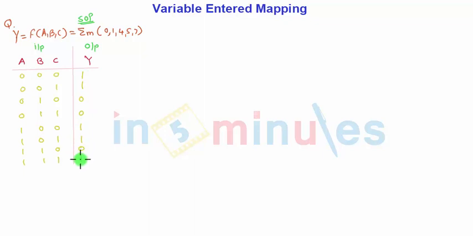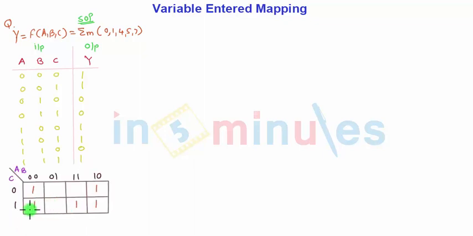So at this position output will be present, and to reduce this expression with the help of K-map, what we have seen earlier is, so here is the K-map. There will be a formation of a group of 4. If you consider these corner 2 and corner 2, and there's a group of 2 again. First of all I will write down the equation for this. So Y will be equal to this group of 4.